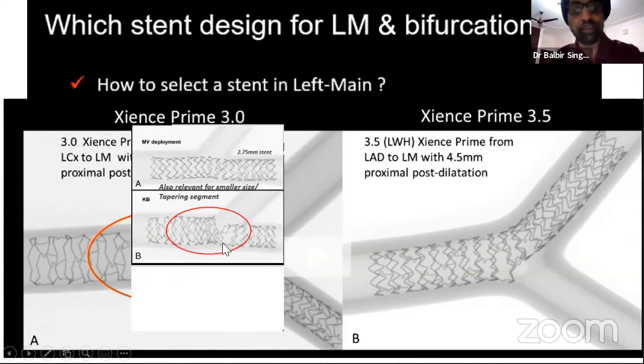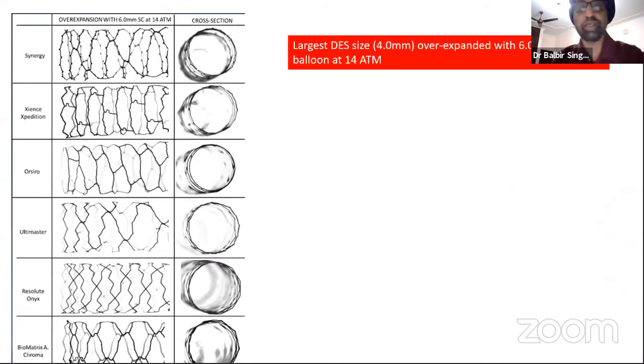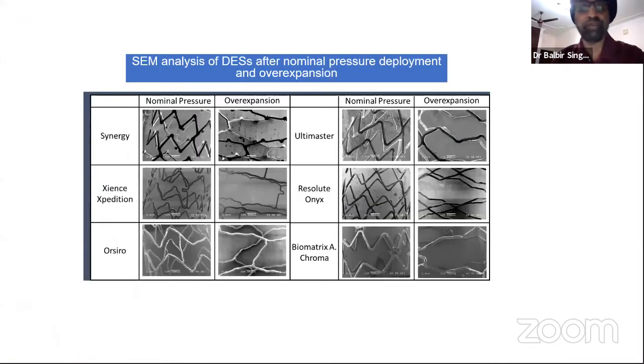So what will happen at the ostium of the circumflex? Why is the ostium of the circumflex so bad? Because you deform the stent when it is taking that bend at the ostium. So this part of the stent is overexpanded, the stent is deformed. So this part of the vessel is barren, it will not have any stent, and this part has two crowded cells. So this is how these properties are important and we must know them.